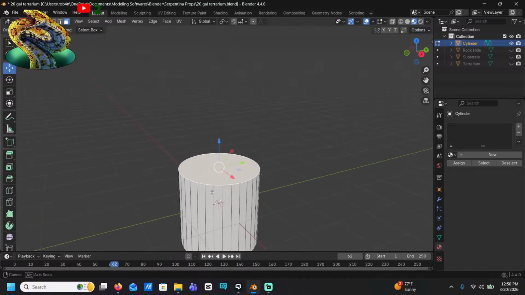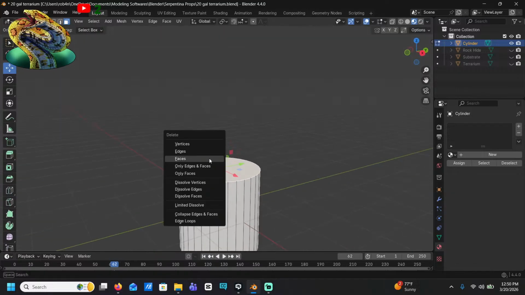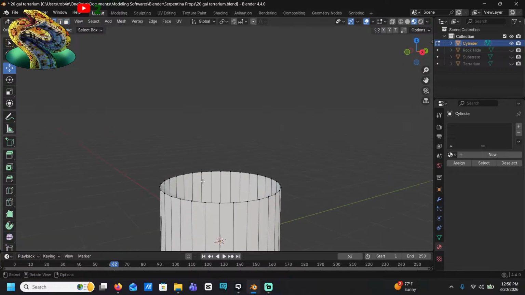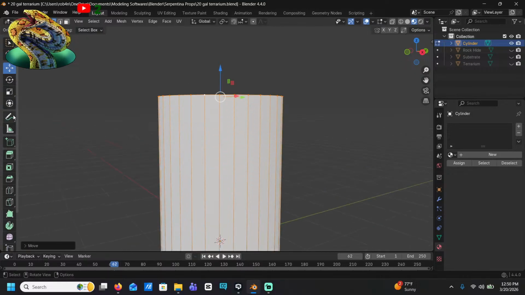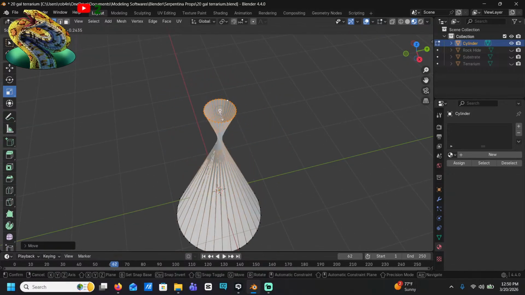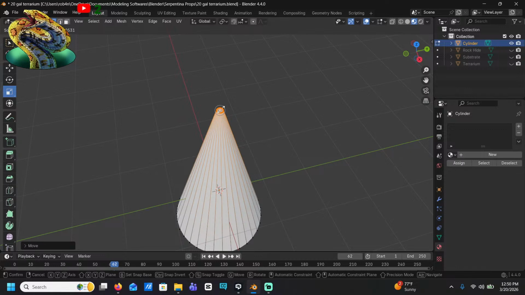Maybe not. I'm gonna delete the face. Okay, I go to the vertices. Turn this into a little cylinder, if I may. Or a cone, I mean.